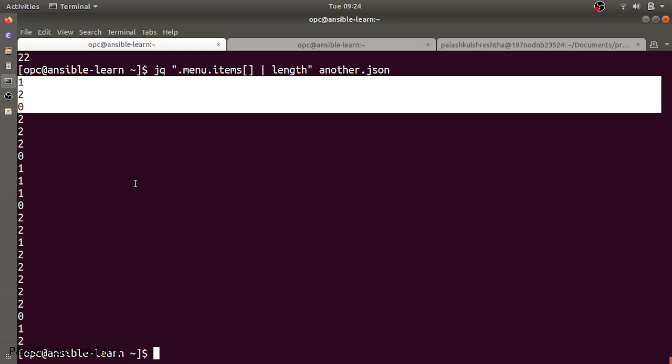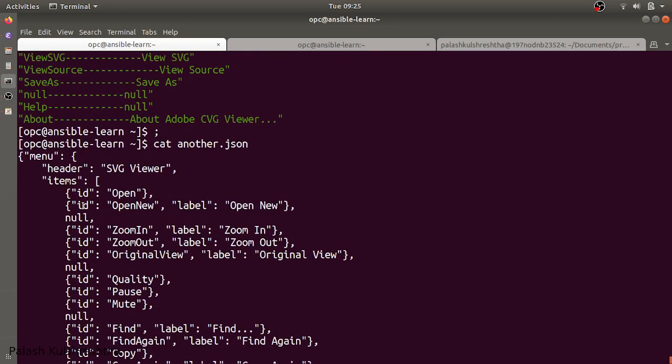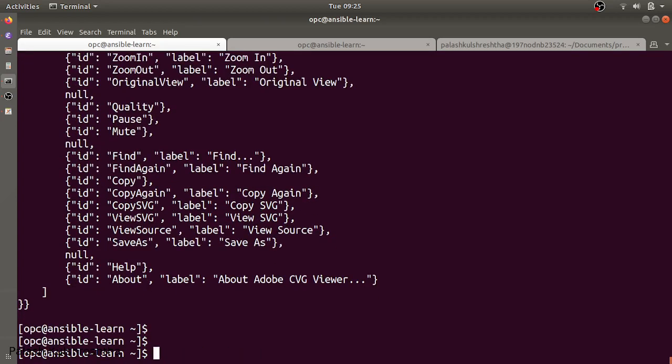And now let's try to do another thing. We have seen the use case where we can retrieve only a single key from inside a particular JSON. What if we have to extract different keys or multiple keys from the JSON? JSON query, or JQ, provides this functionality as well. So what we have to do is use a special syntax: jq .menu.items. Let's say we have to find the ID and labels of all the values inside the items. So we have to do this,